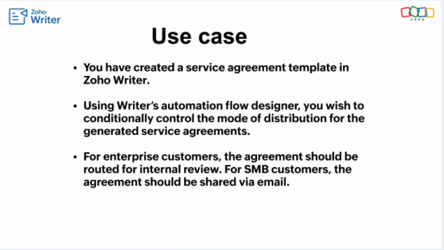So for high value customers, we will route the document internally for a review or approval process. So let's just say there is a client, a high value customer, getting into the document. When we are creating an agreement for them, we will send the document for an internal approval process, and then it will be sent out for signature. Whereas if it is a low value customer, it will just be directly sent to the customer via email upon a click. So to configure this, we are going to use the advanced